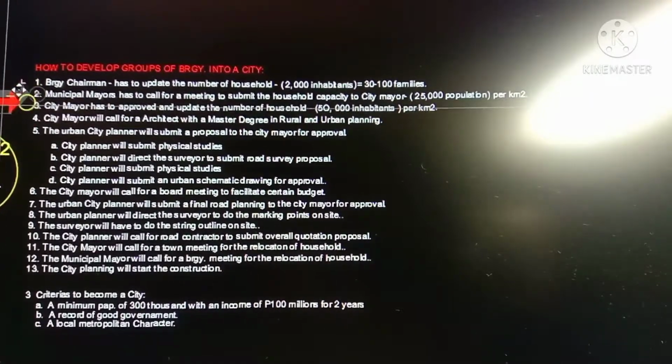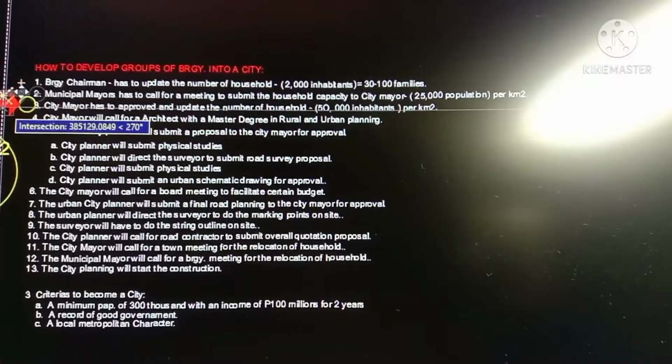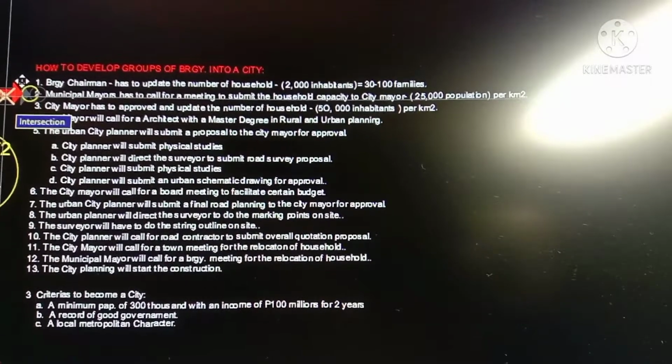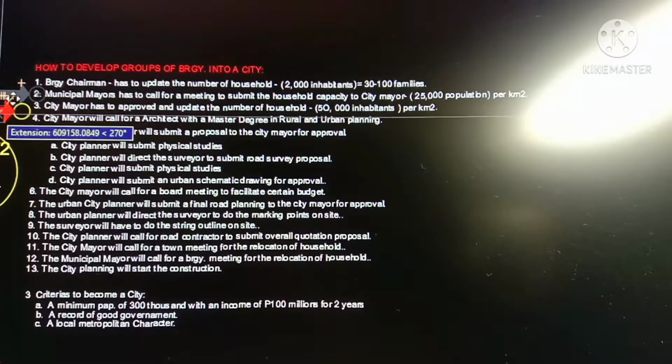Next one is the municipality. A municipality is a bigger form, a bigger group of barangays in certain areas, which has a capacity of not less than 25,000 population per square kilometer. So meaning there are more or less about 1,500 inhabitants. Okay, so that is what we call towns. And then the third one is, okay,